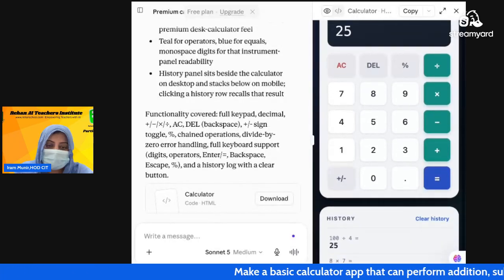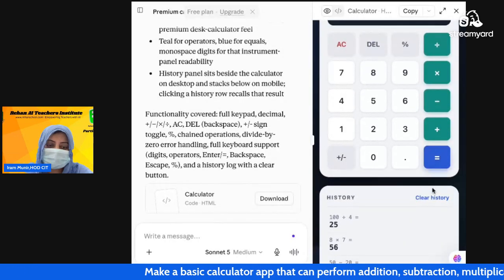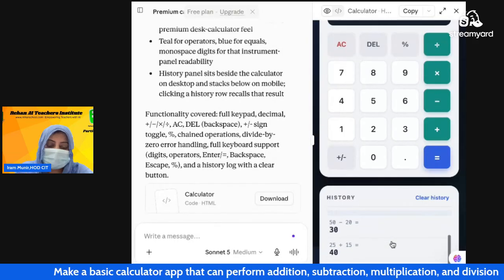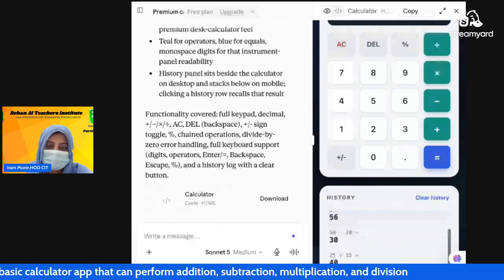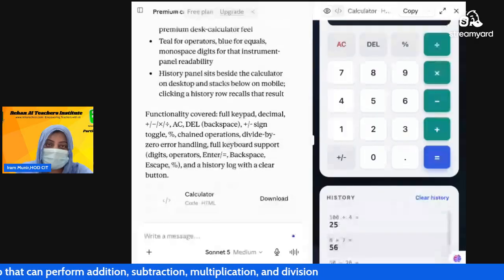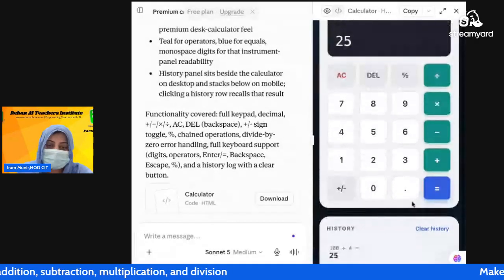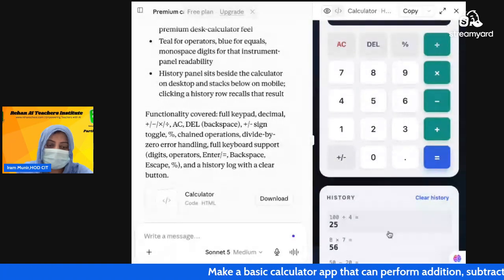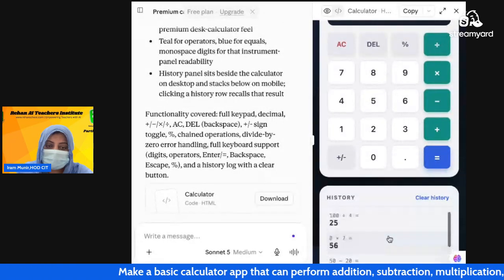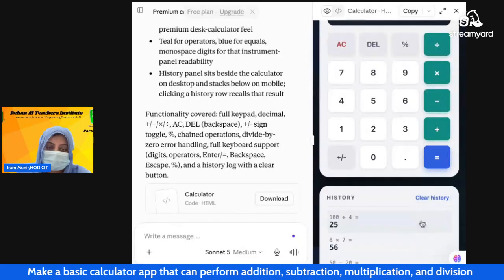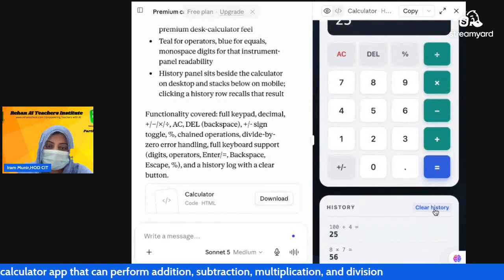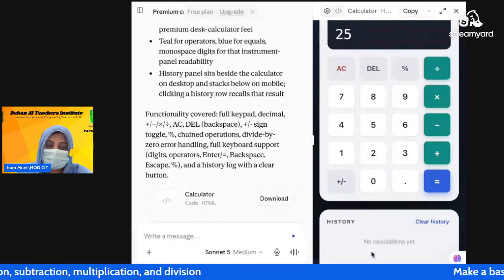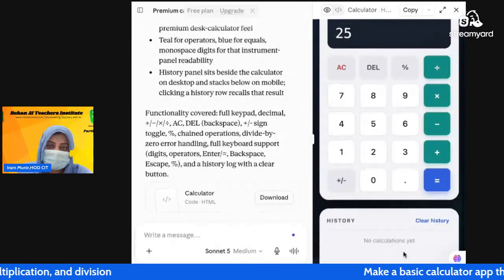And you can see the history is showing all four functions which we have performed. We can also clear history like this. If we click on the clear button, you can notice that all history will be deleted. Okay, it is now noticeable that there is no figure or history.